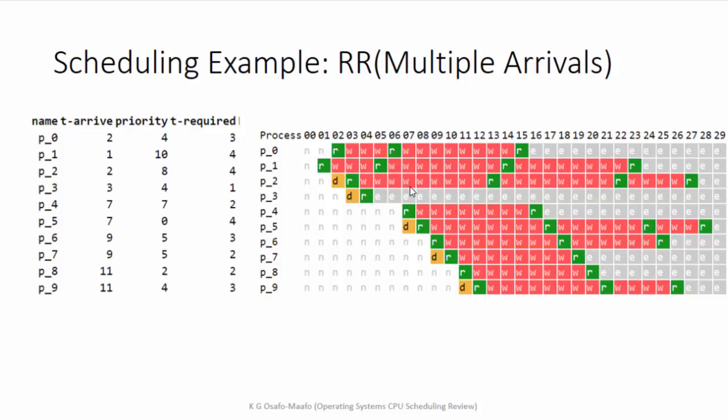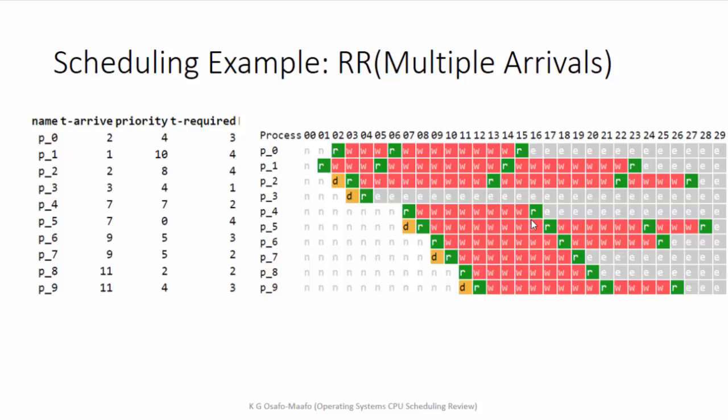But by the time this one finished, someone had showed up. So I allow all the people who are new a chance to run. And then I start cycling again. And then I keep running. So anytime someone hasn't finished, you sort of give them a turn, and you can see that I'm going from top to bottom, and then I circle. So I'm going around in a loop from P0, 1, 2, 3, 4, 5, 7, 8, 9, and I go back to 0, 1, 2, 3. So that's how I'm going through